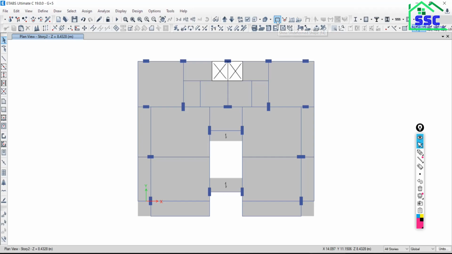So suppose it is a very simple example. So here you can do it, but suppose it is a very big project, a lot of beams are there, a lot of columns are there, and you have to proceed with multiple assignments for the same selection. So that will be a very tedious job, very time consuming, or not?